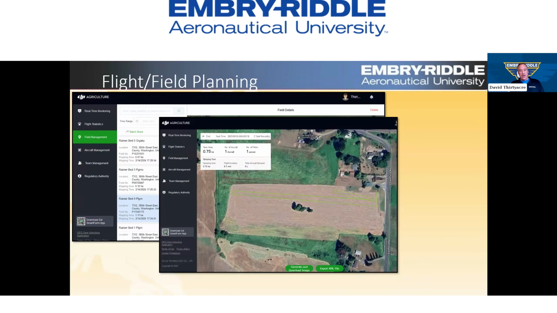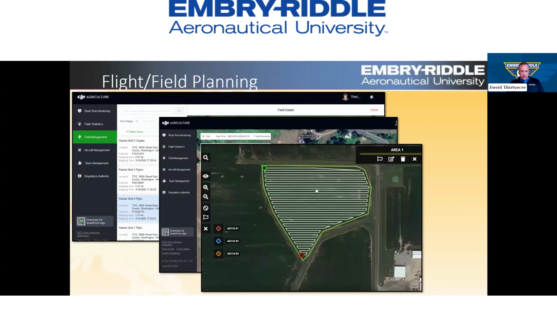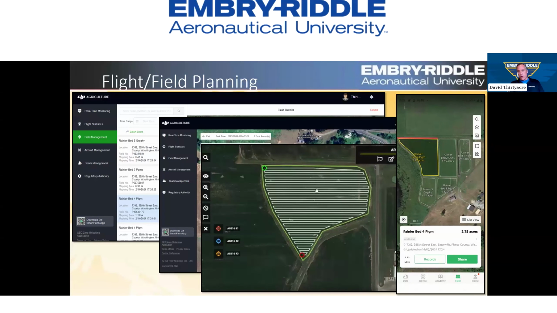This is down on that field I was just showing you, where we went out and did the first pass to see what the concentration was on that. So it gives you your flight, it gives you telemetry download and all that. There are some others out there. I think this comes from Helio. I think this is what their program is. Great U.S. manufacturer, by the way, of spraying drones. They have, again, a separate system they use, similar to what DJI has, very, very similar and effective program. And then you usually have some sort of mobile apps. All right, so that was down and dirty on the multispectral sensor part and the spraying part.